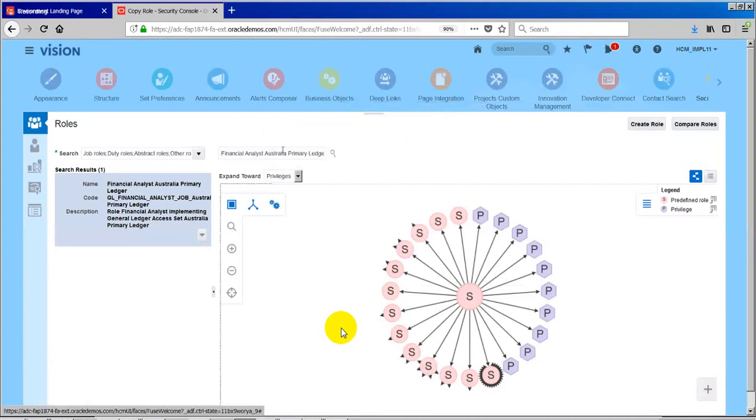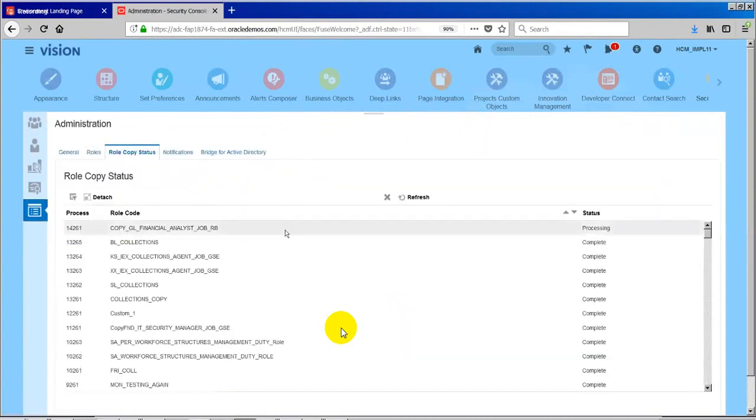So how do we monitor the status of that? Go to administration and go to the role status. Role copy status, it is still processing. So we keep refreshing it. It is complete. So now it is complete.